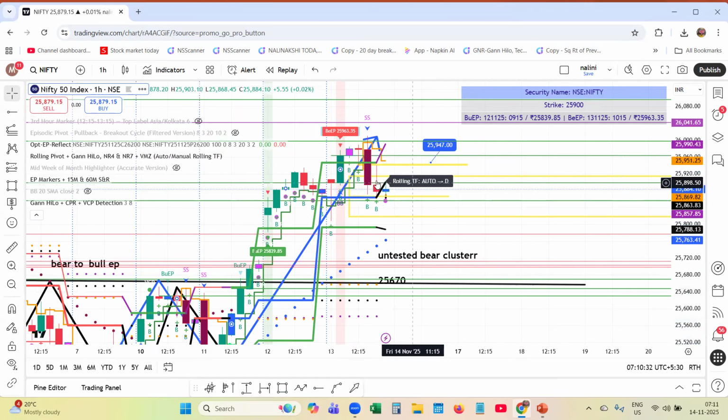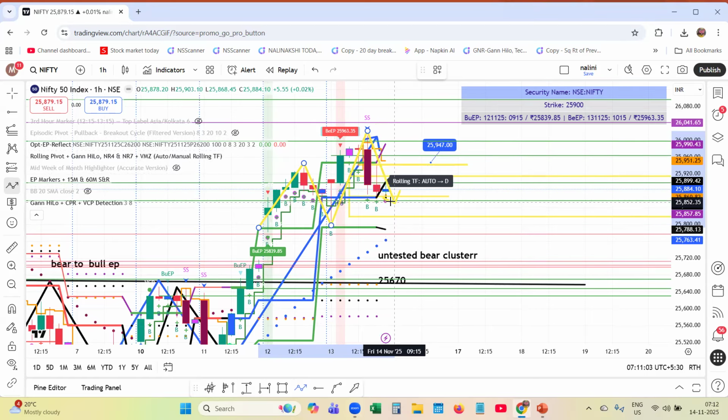What is happening over here? The market has gone deep down, taking the liquidity, and it has gone to this level, and a bear EP has been formed. Now it can retrace back to this level,